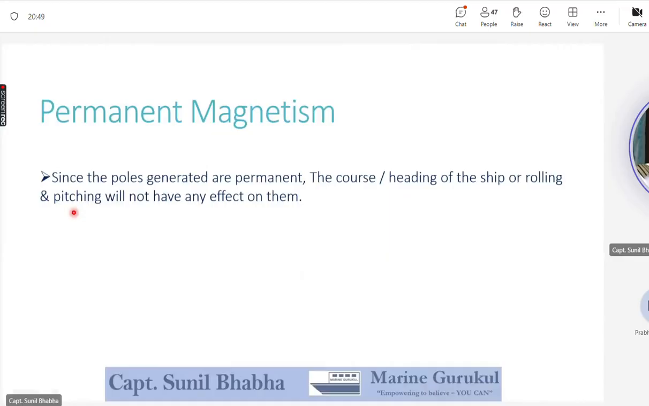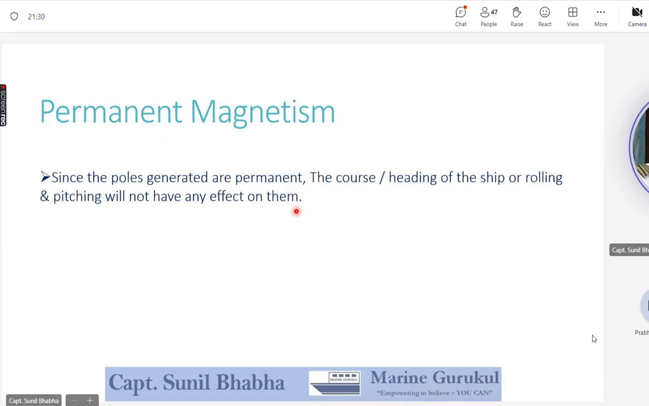Now, since it is permanent magnetism, the poles which are generated, as we have seen, a blue pole is generated where the lines enter the material and a red pole is generated where they leave the material. The poles generated are also permanent. The course or the heading of the ship or the rolling and pitching motion of the ship will not have any effect on them. Once these poles are generated, the rolling and pitching of the ship, the course of the ship, the heading of the ship, the position of the ship will not have any effect on these poles,